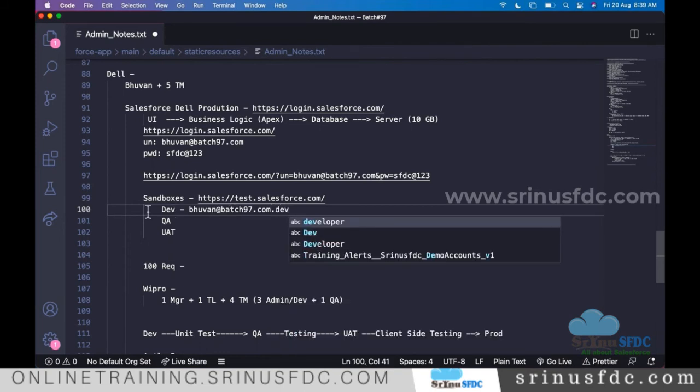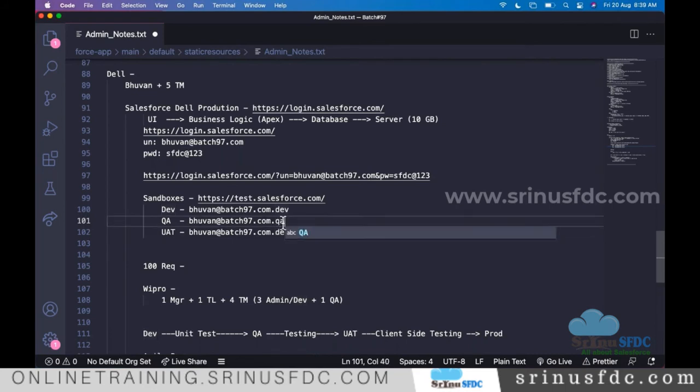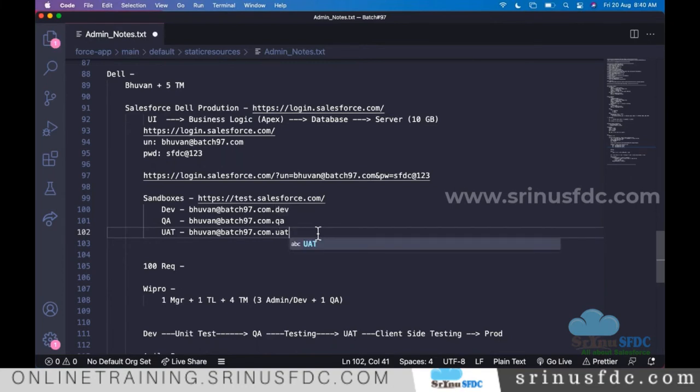If this user also has access to QA and UAT, dot QA, dot UAT. Even though for all these sandboxes they open the same URL, with the username they know which account they are trying to log into. So naming conventions are followed in projects so that we have clarity on which sandbox we are trying to log into.